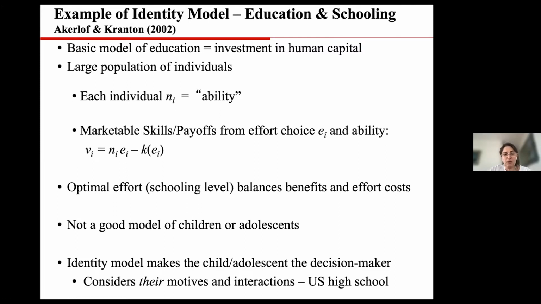An identity model makes the child or adolescent the decision maker, and that child or adolescent is definitely, or almost surely, thinking about other things than just marketable skills. As we know, kids and adolescents are often thinking about fitting in with their peers, having a peer group where they can hang out and have friends, just like this other model I was telling you about. Except now I'm going to be really specific about the norms. I'm just going to model the norms directly, right? So we're going to try and consider directly